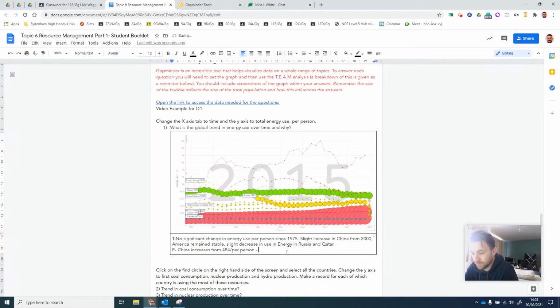To more than 2,200 per person. In how many years? 1975, 85, 95, 2005, 2015, so in 40 years. So that is actually a pretty big increase. That's kind of 4 times as much, isn't it? So maybe we need to go back and say increase